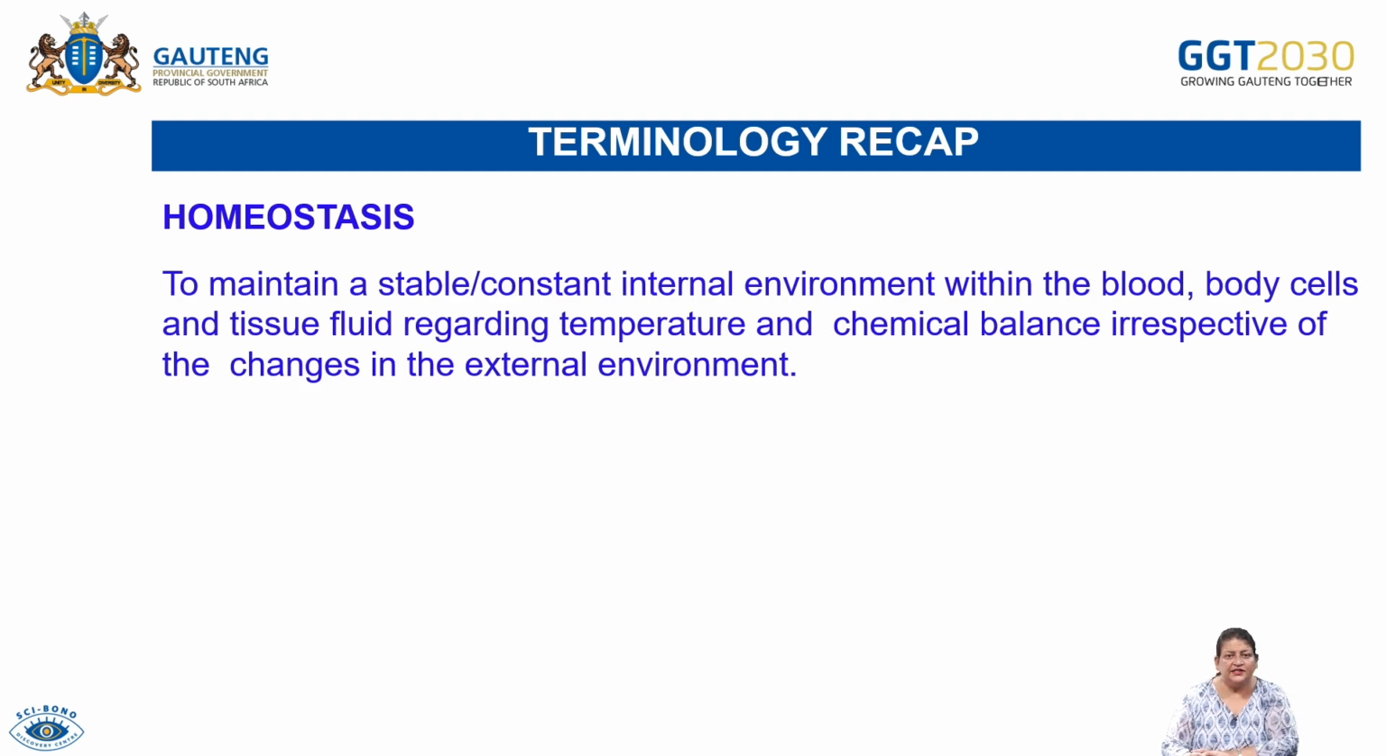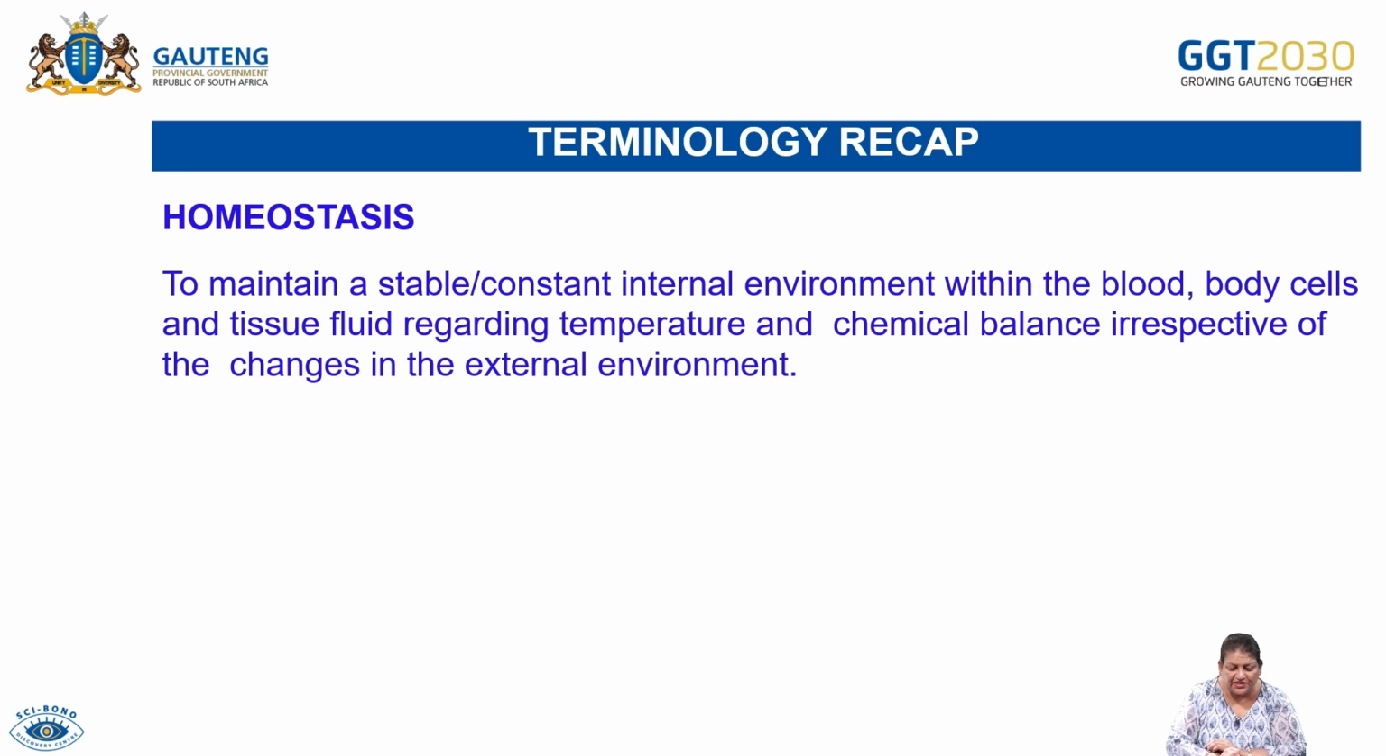So now let us look at it. Homeostasis, what is the meaning? And you need to know this definition for at least 2 marks. So homeostasis means to maintain a stable or constant internal environment within the blood, body cells, and tissue fluid regarding temperature and chemical balances, irrespective